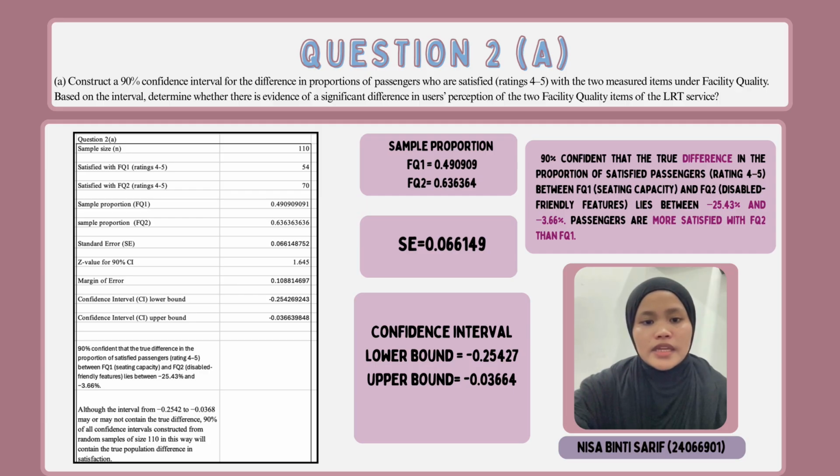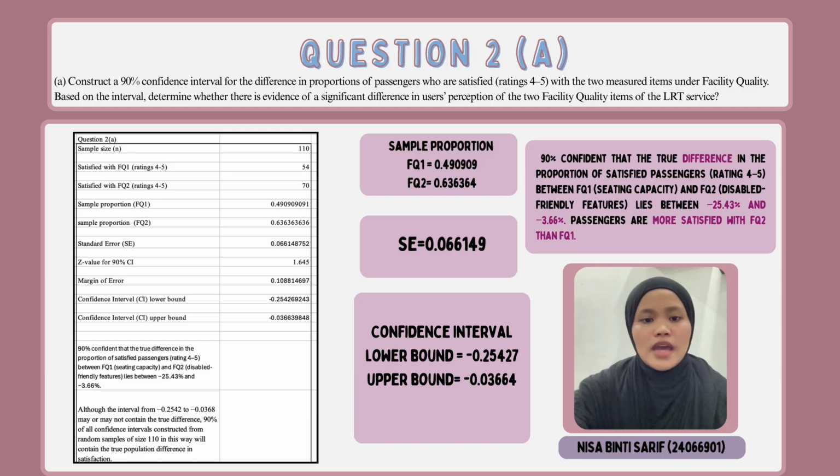From the data set, I get the sample size of 110. The number of passengers satisfied with FQ1 is 54 and the number of passengers satisfied with FQ2 is 70. To get the sample proportion, we take the number of passengers satisfied with the facility quality divided by sample size. For FQ1, the sample proportion is 0.490909. And for FQ2, the answer is 0.636364. By using the formula of standard error, we get the answer of